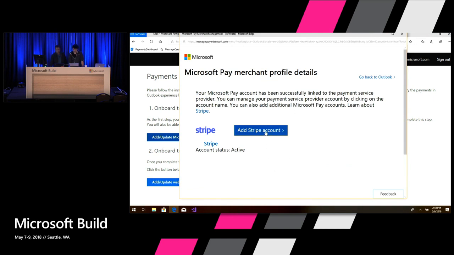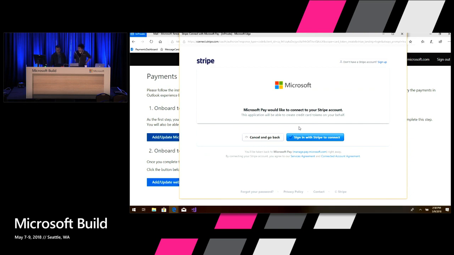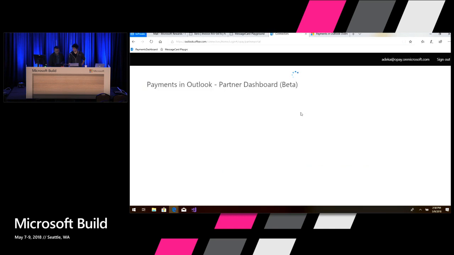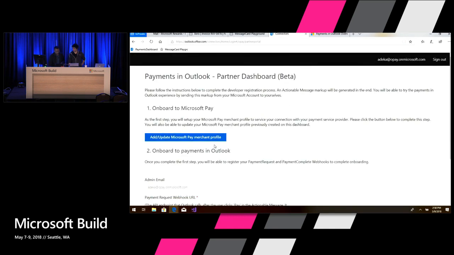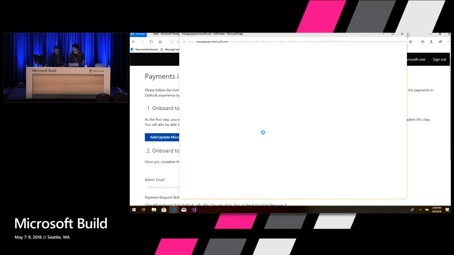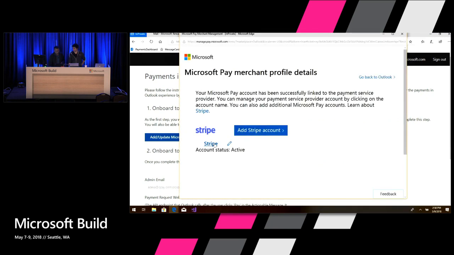The Add Stripe account will get you to the Stripe portal, where you would be able to associate your Stripe Connect account with Microsoft, so that Microsoft can tokenize the user credit card, so that you, as a platform, will be able to charge it. I have already connected the account, so I will not do it. If you just see, it is already connected with Stripe. With this account active, this should be the account that I'll be using for the rest of the demo.